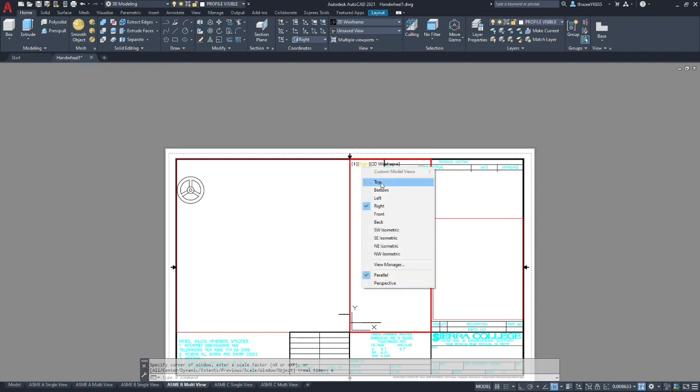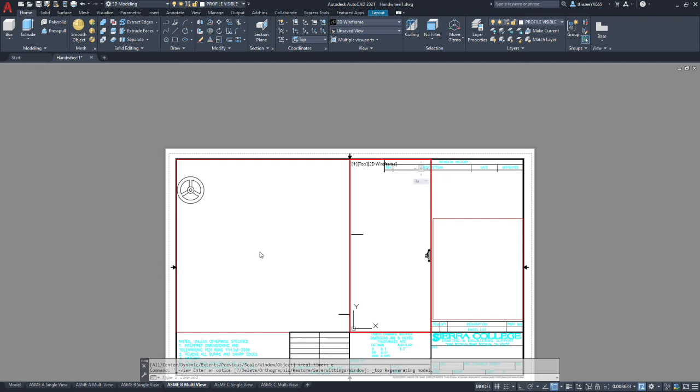And actually we have to set this for top view. Our section view ended up being in the top view as well. It ended up being in the top view instead of the front view. Okay, and then this one's blank right now because we have our model frozen.